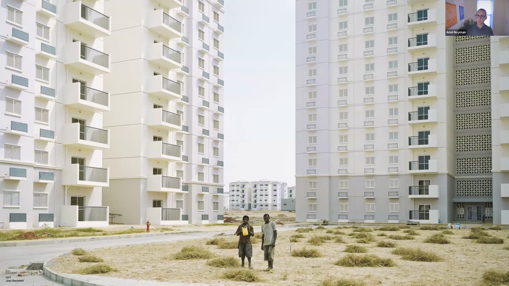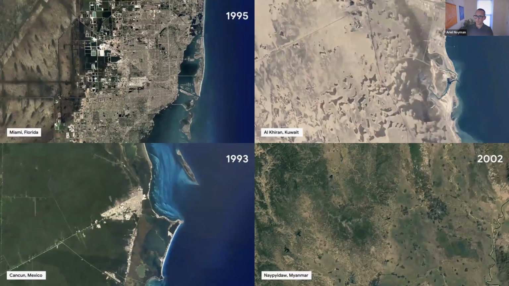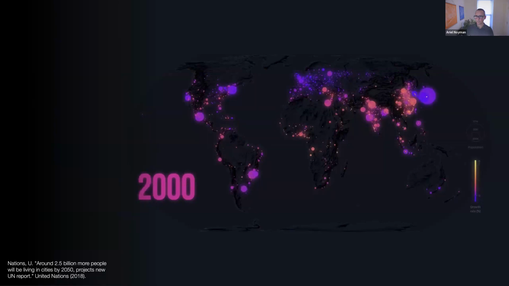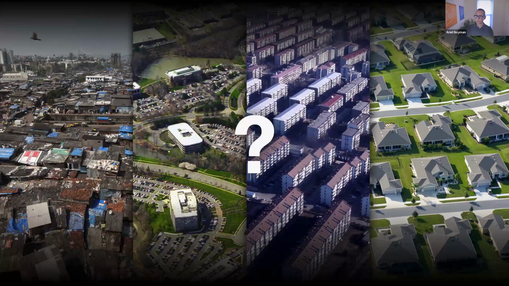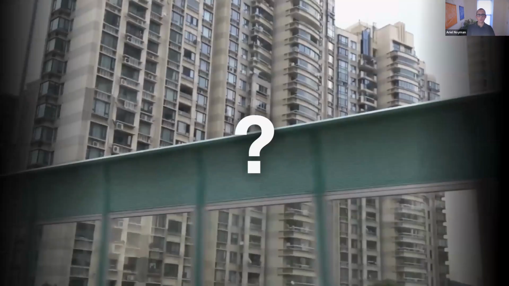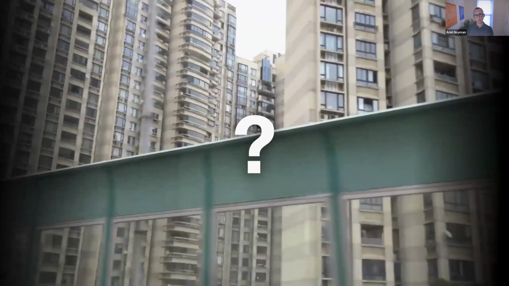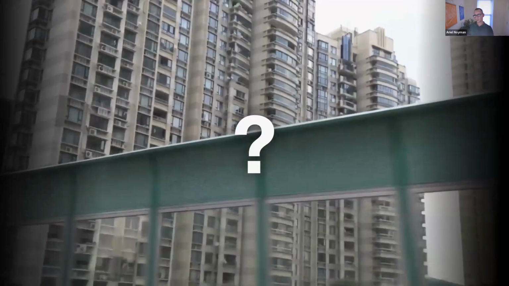In fact, when we look into patterns of modern urban development, and when we acknowledge the fact that by 2050, 2.5 billion people will move into new cities around the world, cities which are nameless and we do not know where they are and how they're going to be built, we have to ask ourselves why it is that we build new cities and develop existing cities the way that we do. Is it a technological limitation? Is it an engineering challenge? Are these economic constraints? What forces us to build those cities in that manner?